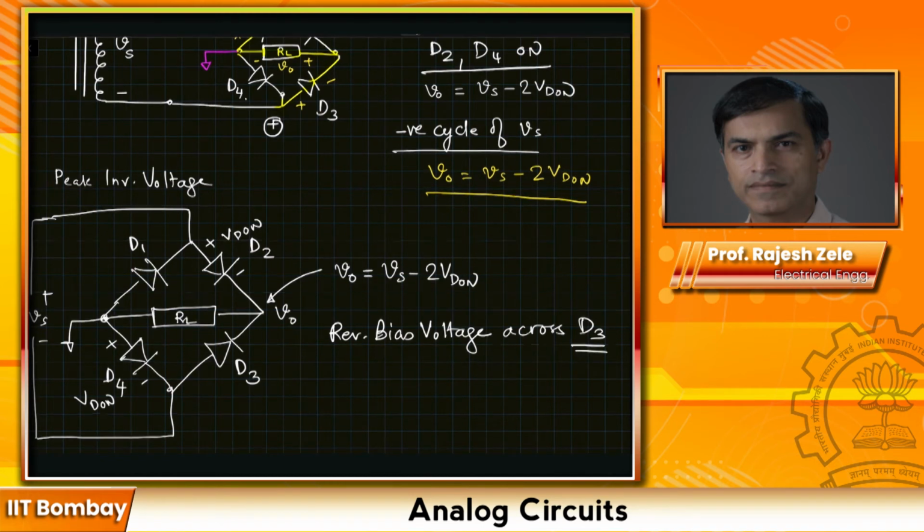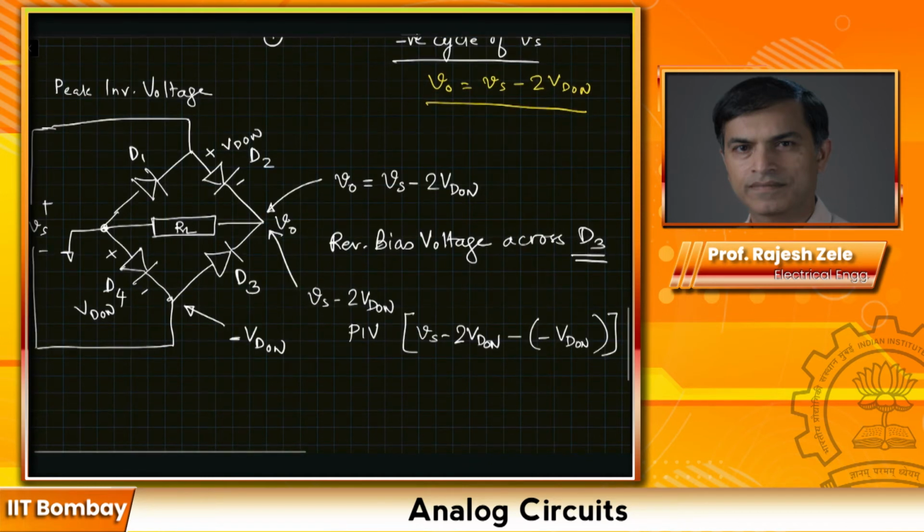You can quickly see the potential at this node is minus Vd on, and the potential at this node is Vs minus 2 Vd on. So the peak inverse voltage will be Vs minus 2 Vd on minus Vd on. This is our PIV, and this is equal to Vs